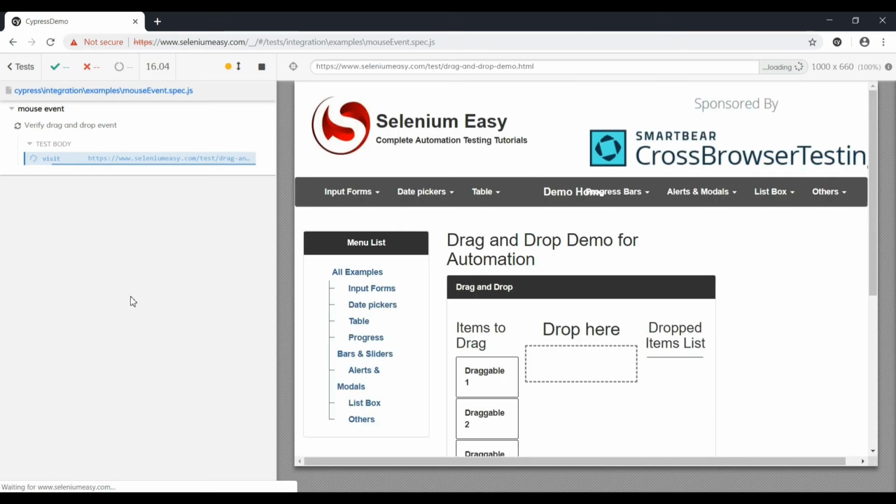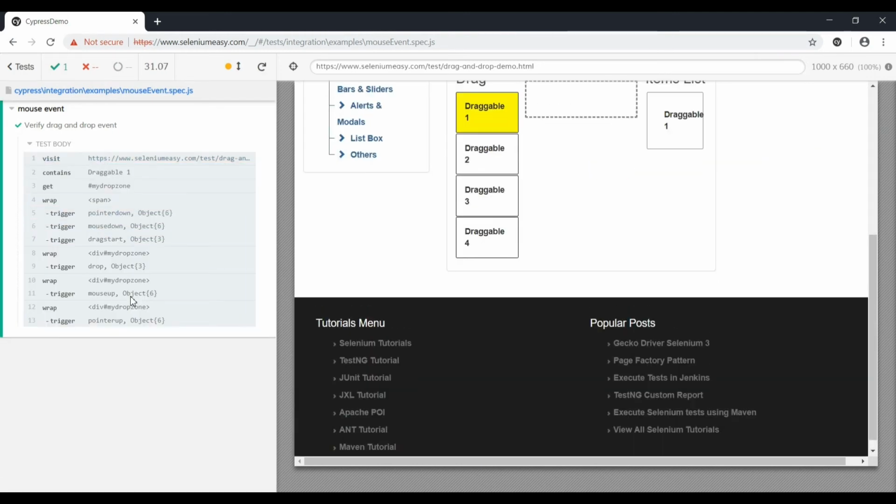These are pretty slow websites, so the first time they take a lot of time. Yeah, so the website is still loading. So you can see it dragged the draggable one to the dropped area, and it is added to the dropped